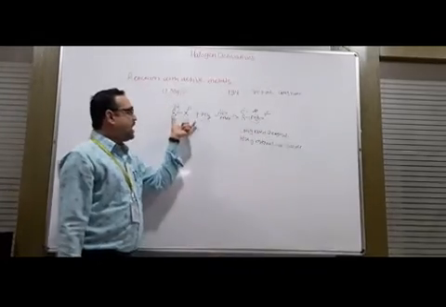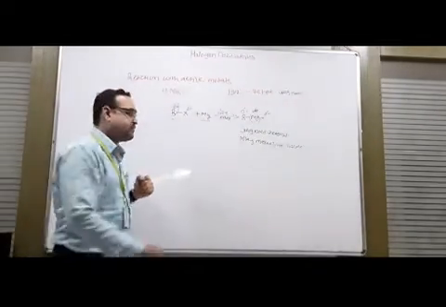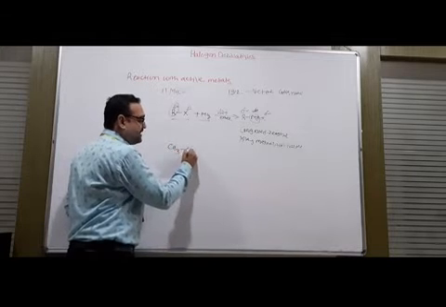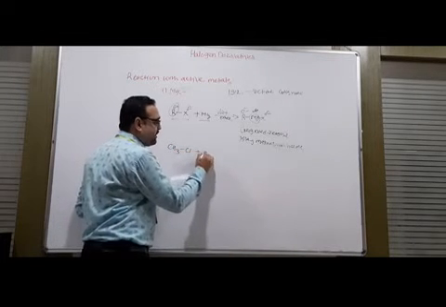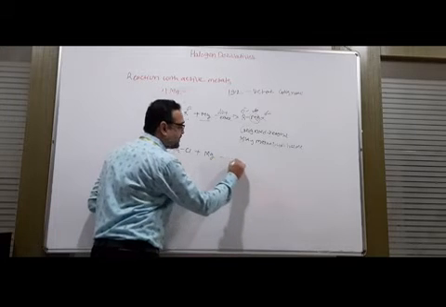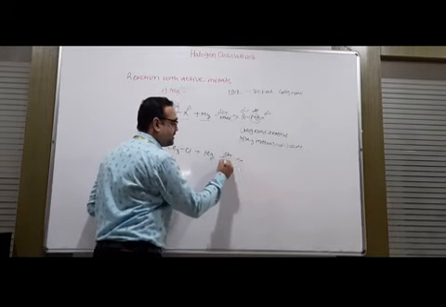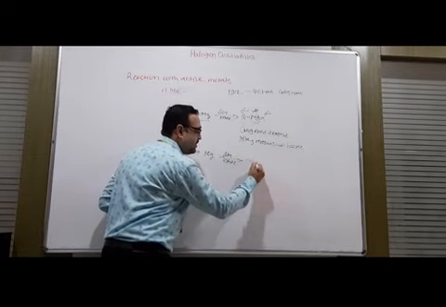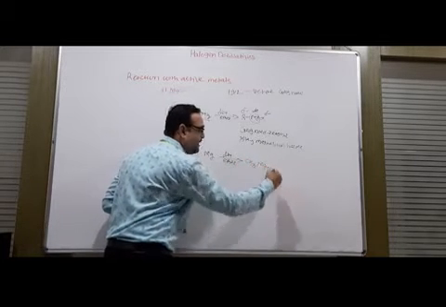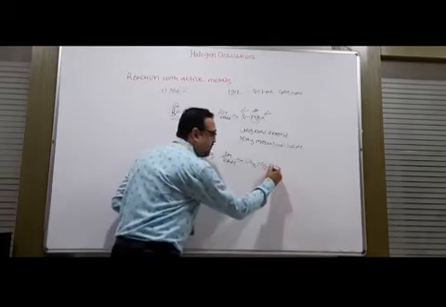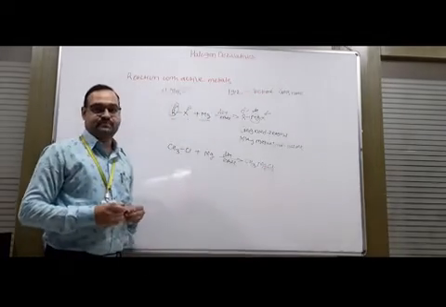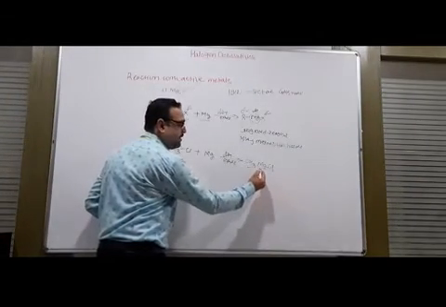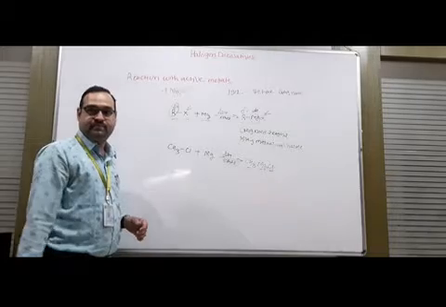First, let's see an example of this reaction now. When CH3Cl reacts with magnesium in presence of dry ether, it gives methyl magnesium chloride. Okay, this is methyl magnesium chloride.